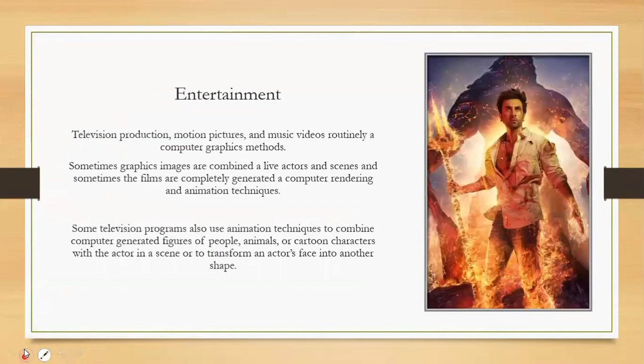Next is entertainment, which is the most favorite application for most people in today's generation. In entertainment, television production, motion pictures, and music videos routinely use computer graphics methods. Sometimes graphics images are combined with live actors and scenes, and sometimes the film is completely generated by computer rendering